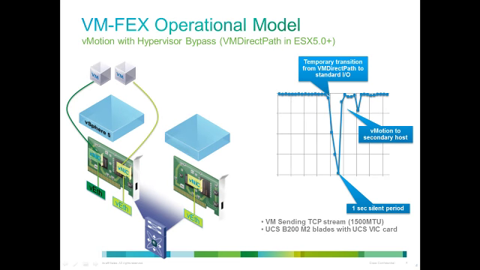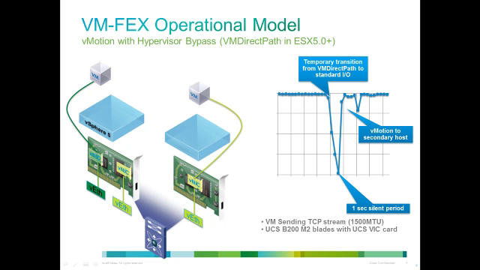Now, these are the termination points of a VM-FEX link from the fabric interconnect. The trick that makes this useful is we do this while allowing this bypass with a vMotion type capability. So in this example where we're going to have a pair of VMs living with bypass, to do the vMotion we bring it back into emulated mode, move the machine to the new host, and then it gets re-promoted into